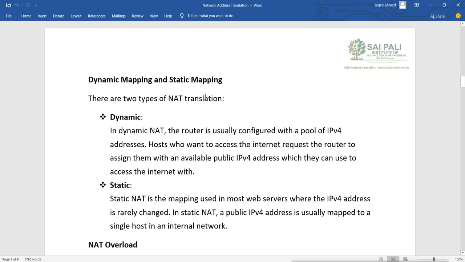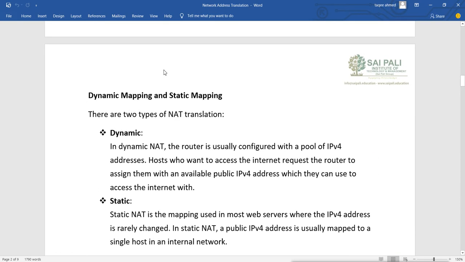And then when we try to configure the NAT, we have two options. We can configure dynamic NAT or static NAT. Now static NAT means what? We will map each private IP with each public IP manually. Remember, this configuration will be totally manual. That means every IP we mention manually. Like I will mention 10.0.0.1, when 10.0.0.1 comes, then translate into 20.0.0.1. Then when 10.0.0.2 comes, then translate into 20.0.0.2. So everything will be manual.